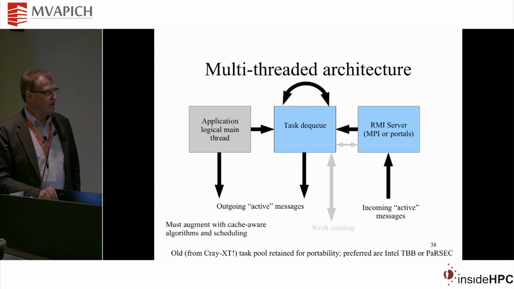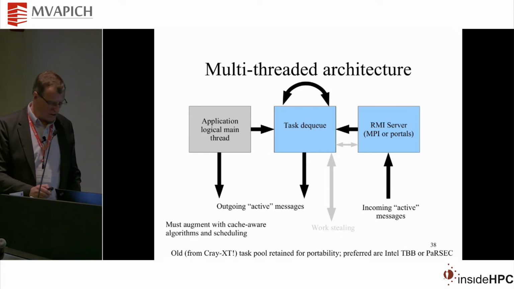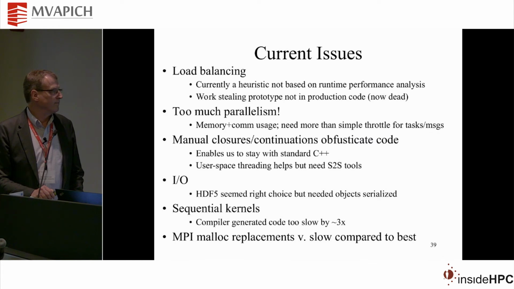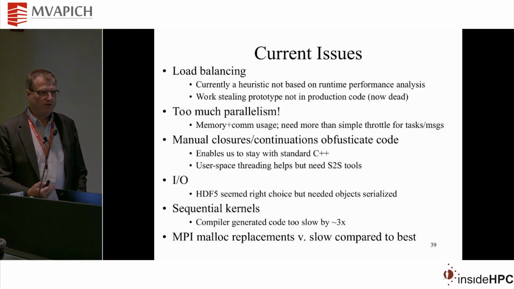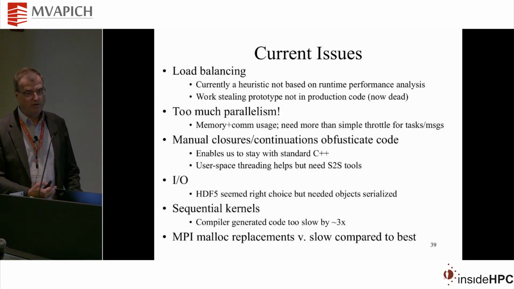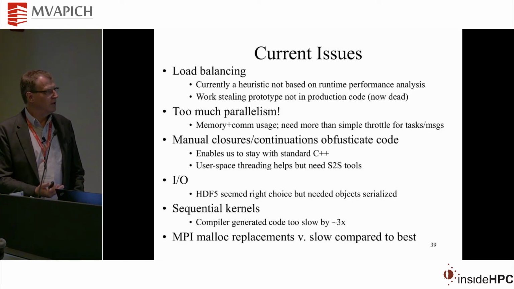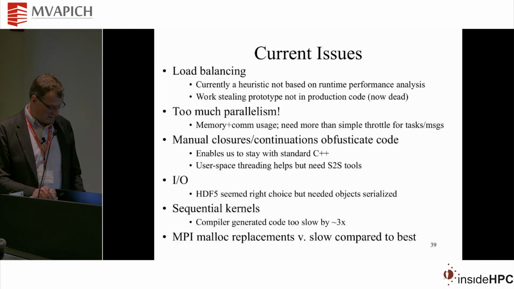Every single one of these threads can and will aggressively send messages, and one of our major challenges interacting with MPI is extreme multi-threading. We've got lots of issues associated with the code. The style of composition lends itself to users specifying way too much parallelism, and we have various mechanisms for trying to throttle that, but in the end none of them are really powerful enough, especially when it comes to managing memory and communication. Something's got to get done about that.